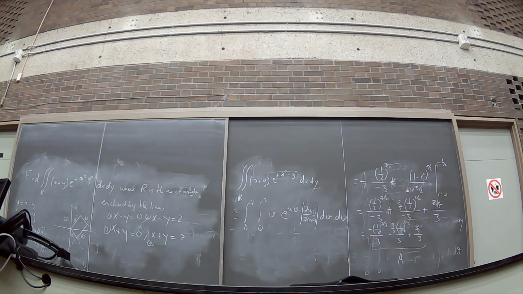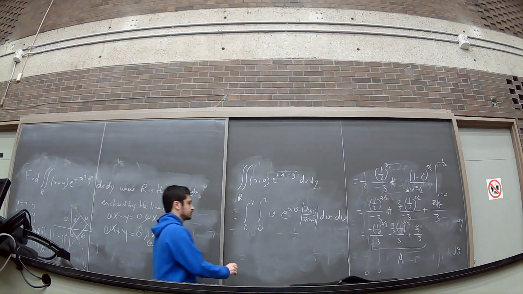So what is del u del x? Del u del x is 1. Del v del x is 1. Del u del y is minus 1. Del v del y is 1. Inverse. What is this determinant? It's 1 plus 1, which is 2. So this is 2 to the power minus 1. So it's 1 over 2. So I have here